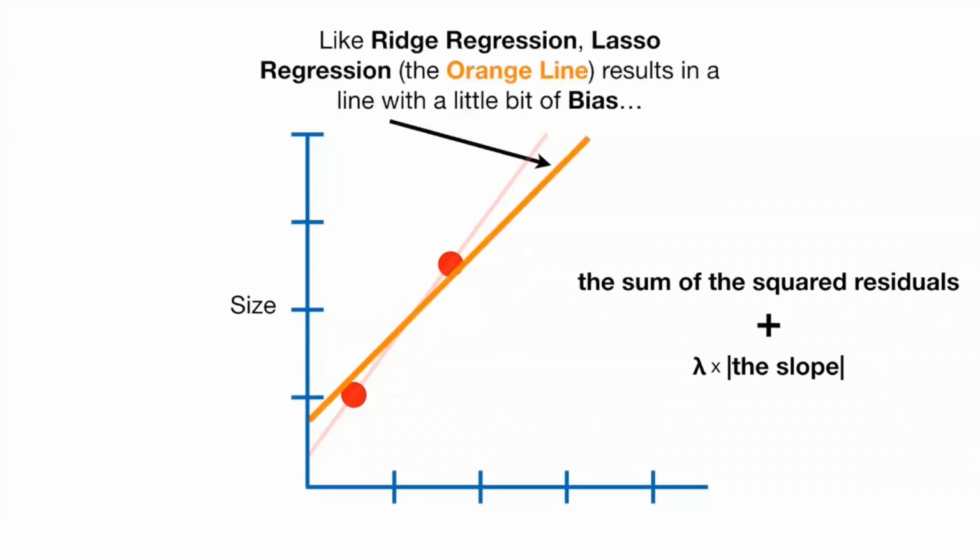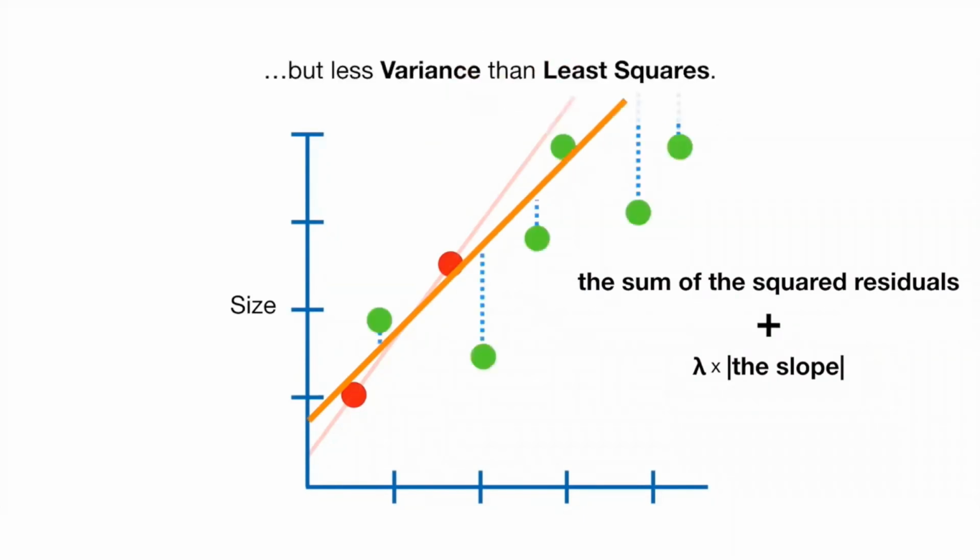Okay. Now, if we introduce a small bias, we will have a line which is less steep, obviously, than the least square line. Okay, this is your least square line, and this is, for example, your lasso line, or lasso regression line. Now, this also has less variance than the least square. Obviously, if you see, if we have this line,